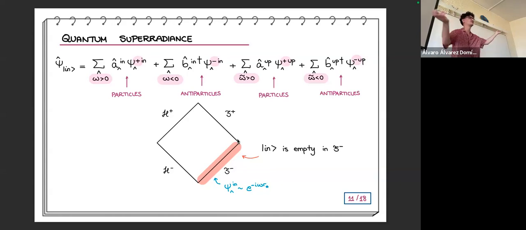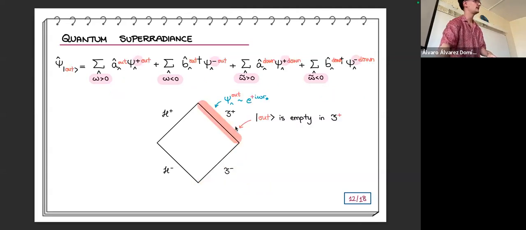Any questions, please? Should I say it again? So basically, the in quantum vacuum is not going to be the same as the out quantum vacuum. Why? Because we will have some particles here, and that's what I'm going to compute. What I'm going to compute is the difference between the out quantum vacuum and the in quantum vacuum. That's it.